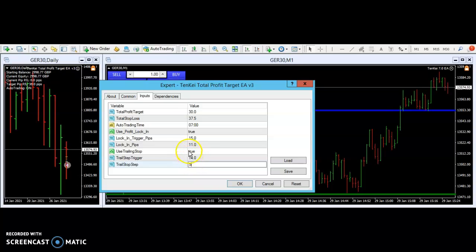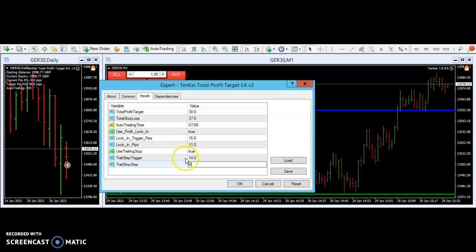So that means when the price gets to 15, it will trigger this, and it will lock in this. And since this has gone to 11, and this is set to true, the trailing stop, but this has already hit 15, once it's got to 14, the price will be trading 5 points behind. So that means if the price is going up and it comes back 1 to 3 points, it's not going to stop you out. You'll have to go back 5 points to stop you out once it's gone in your favor,